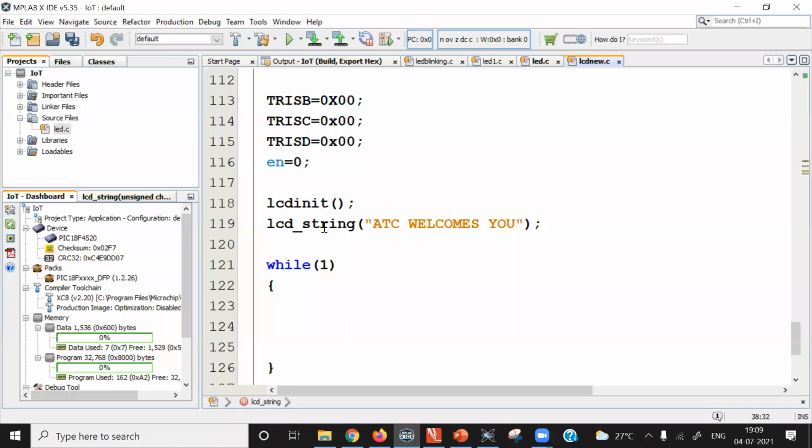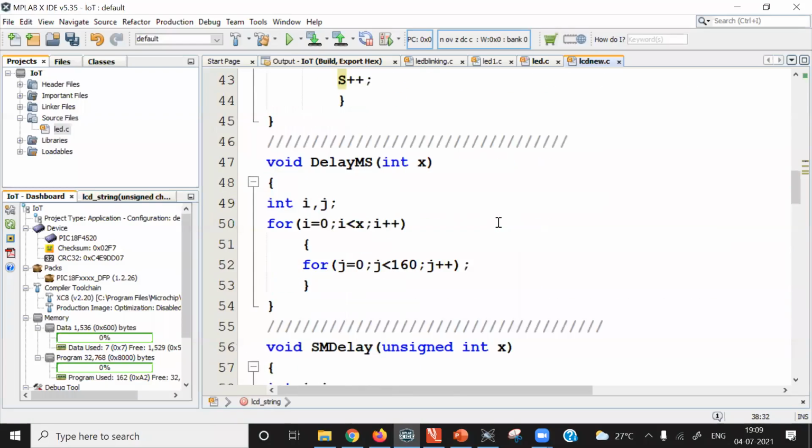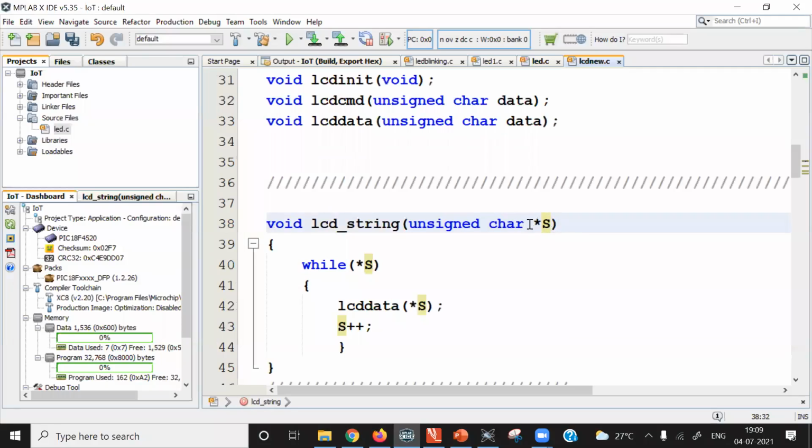At the time of compilation, the compiler decides where to save the messages. So when this LCD string function is called from the main program with a string as argument, we use a pointer as a parameter here. This string pointer receives the address of the first character.